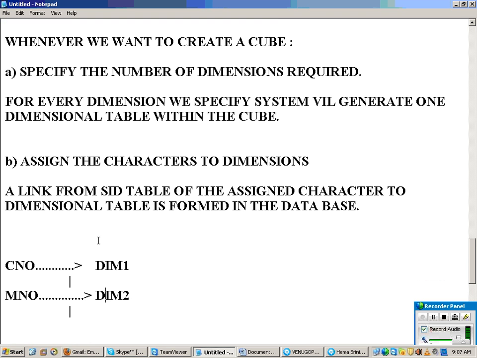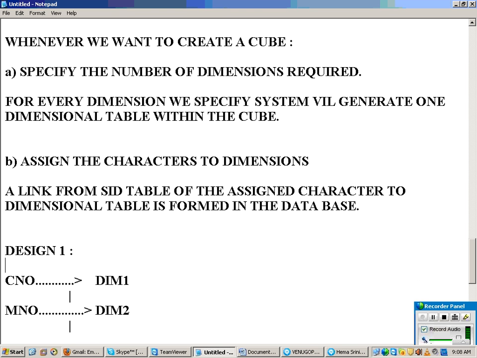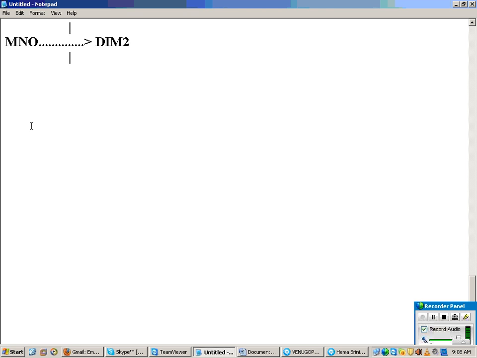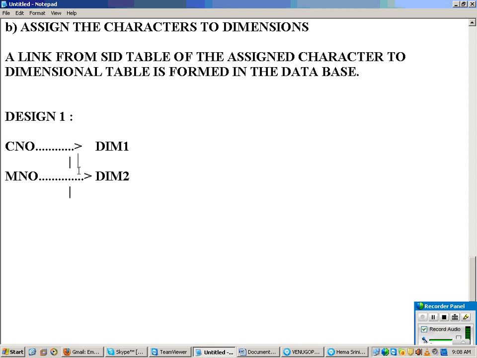What you have seen is design 1. Design 1 had 2 dimensions, and for every dimension I assign a character. Now let us say while designing the cube in another way, this is design 2.